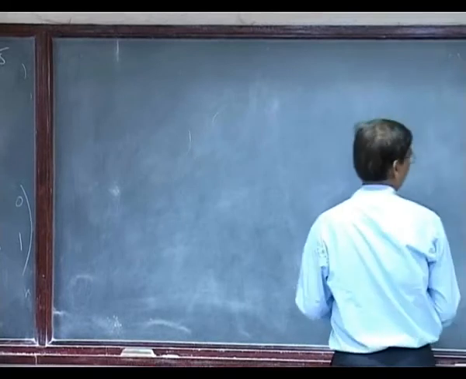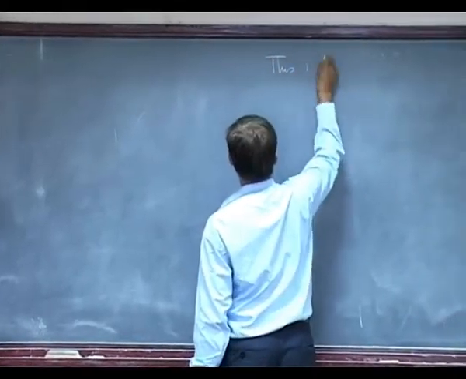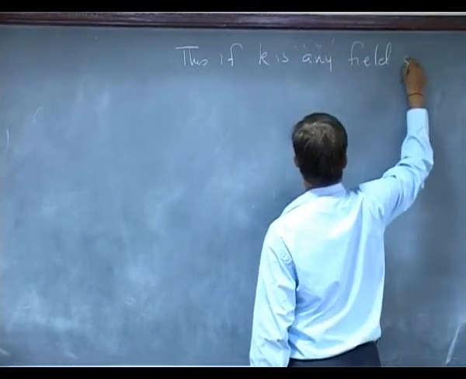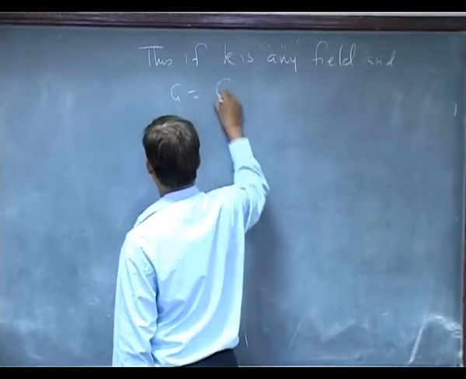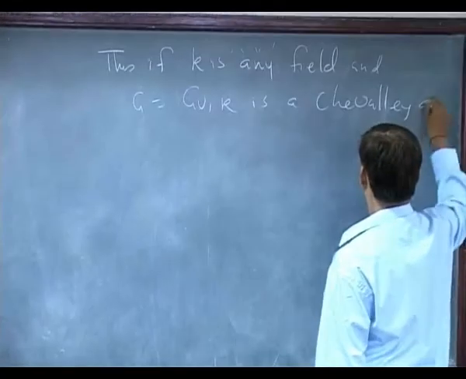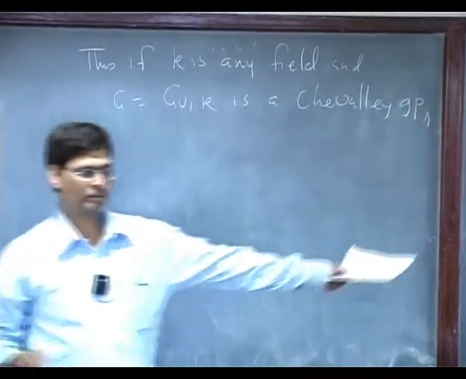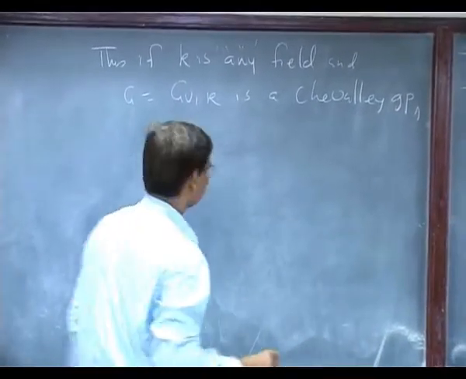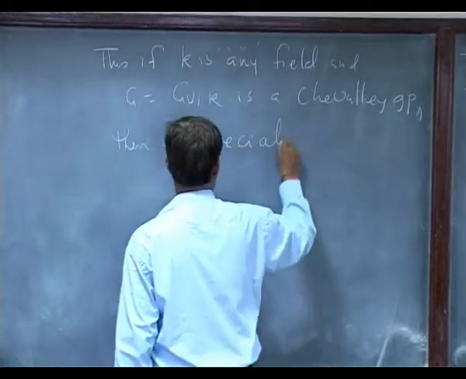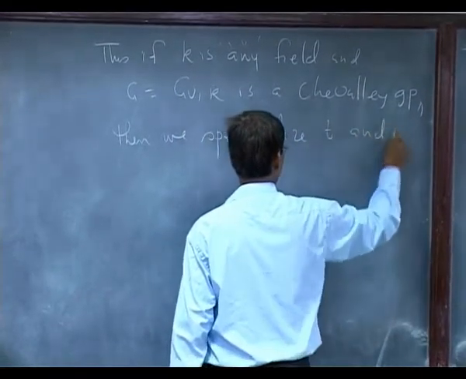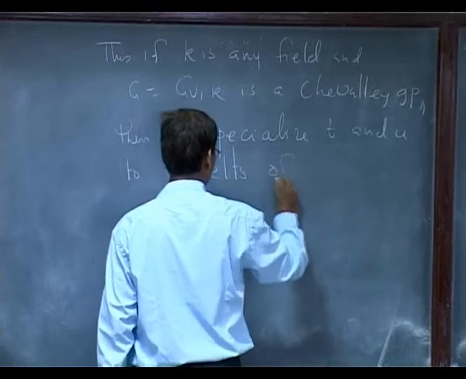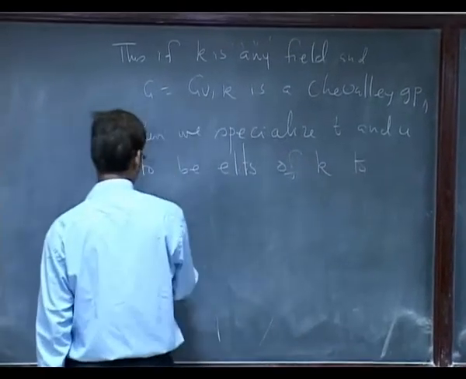Thus if K is any field and G is a Chevalley group over K, then in the above theorem T and U can be specialized to be elements of K to get a commutator formula